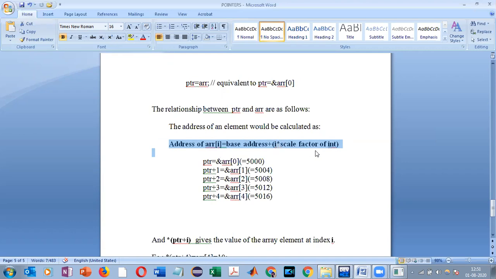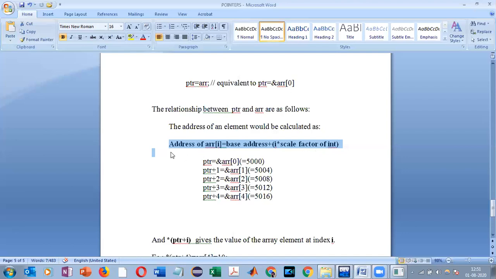What do we mean by the scale factor of int? It is nothing but the number of bytes an integer variable takes in that particular compiler. Here we have used an integer array, so scale factor of int. If we had used an array of another data type, it would be the scale factor of that particular data type.